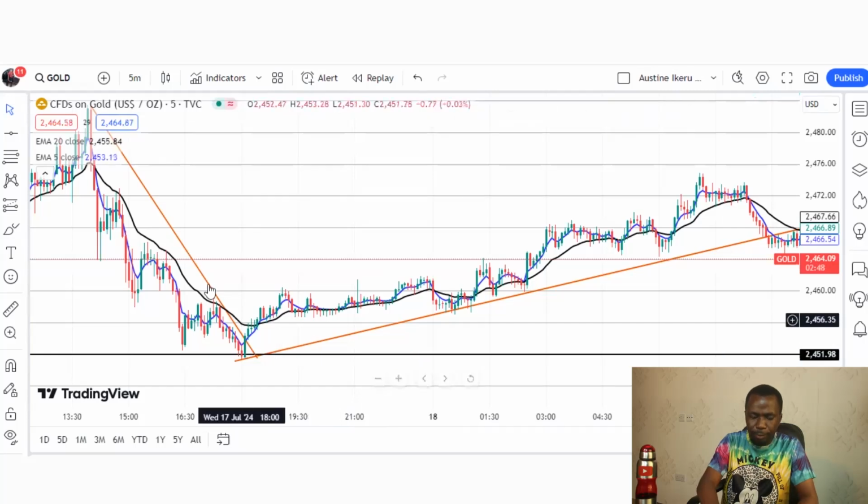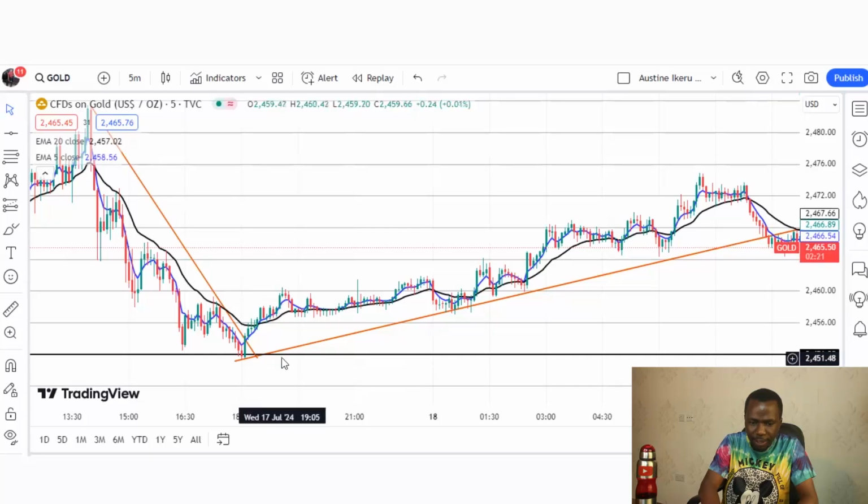Now, for the fact that the price has crossed above the moving average, we have confirmed that the trend has changed from a downtrend to an uptrend. Before, the market was in a downtrend and we were selling. Now we are only looking to buy because the market has moved from a downtrend to an uptrend. So this is our support level, right?